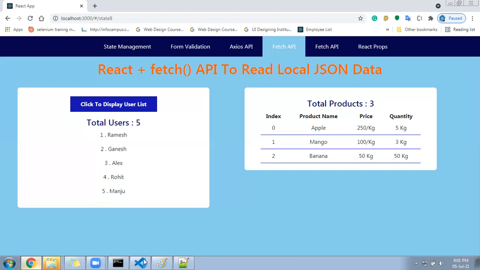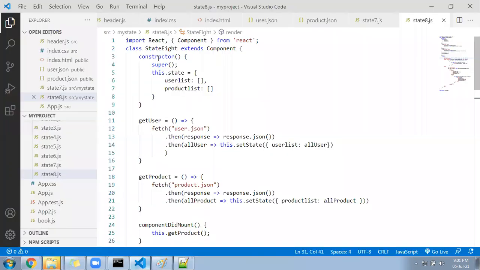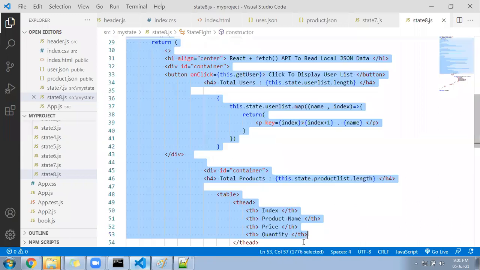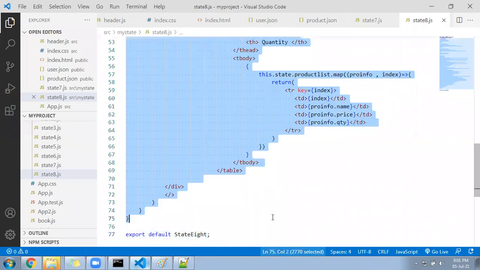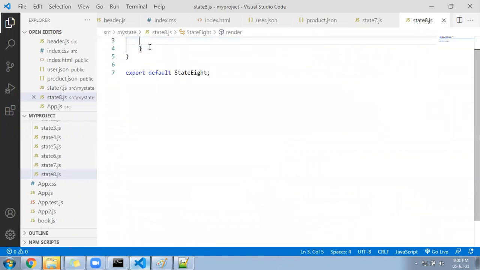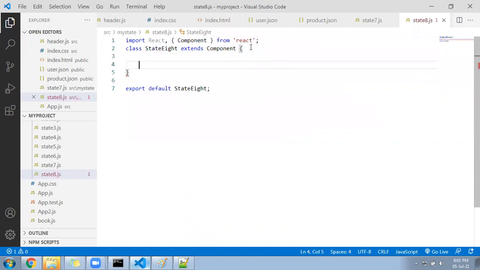First I'll go to my code, and whatever I have written inside, I will delete everything. I'll delete everything of my page. This is my page whose content was showing to you. I will be deleting everything. So everything got deleted from here and nothing is inside. This is the class component. This is fully based on a class component.